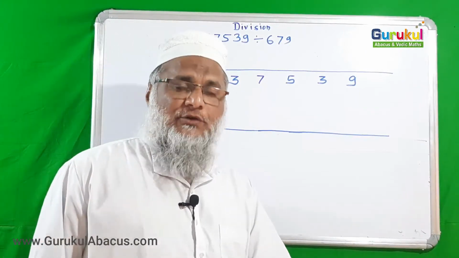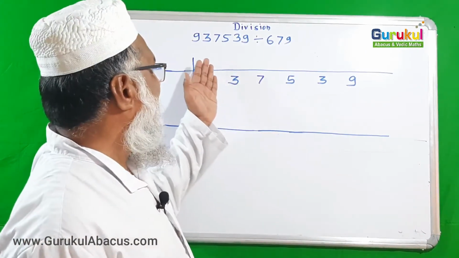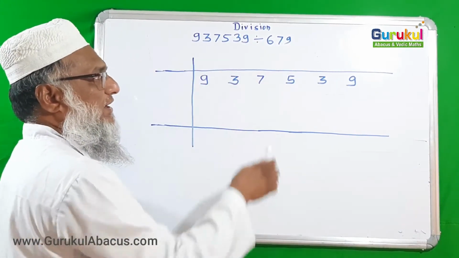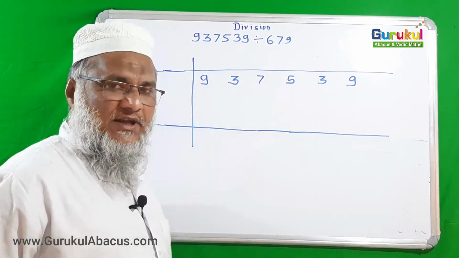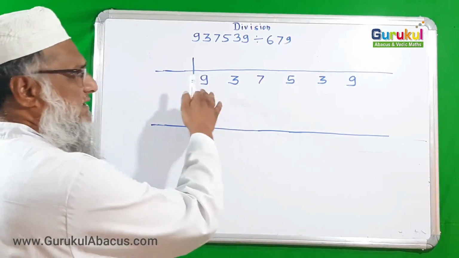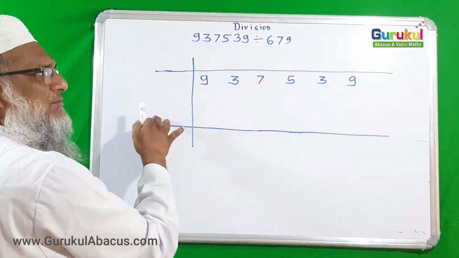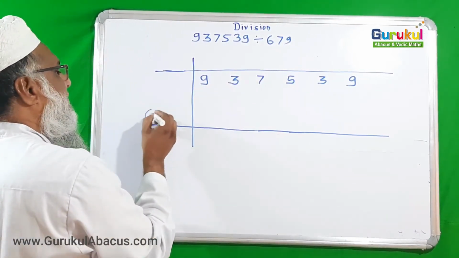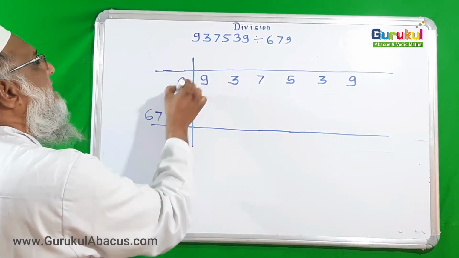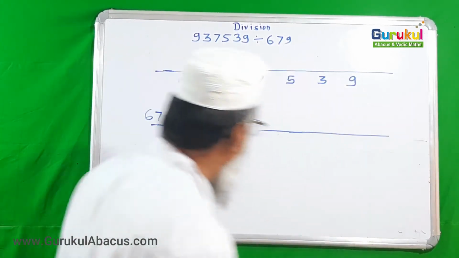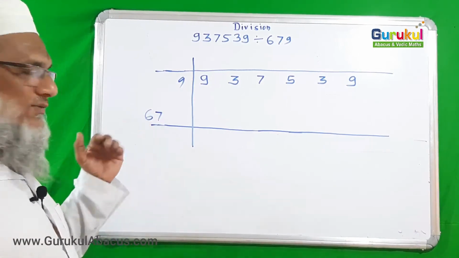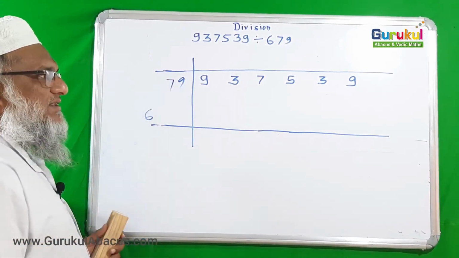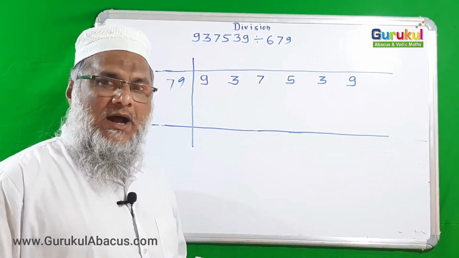Now we are solving one more example of division. So see, here is the example: 9,37,539 divided by 679. According to the rule, I have written the number and now I can write this number. But if you observe carefully, suppose I take 67 here and 9 as the flag digit, it can become too hard for me because I don't know the table of 67. Suppose I take 6 and 7 here and 9 as the flag digits, I would still find it a little bit hard.